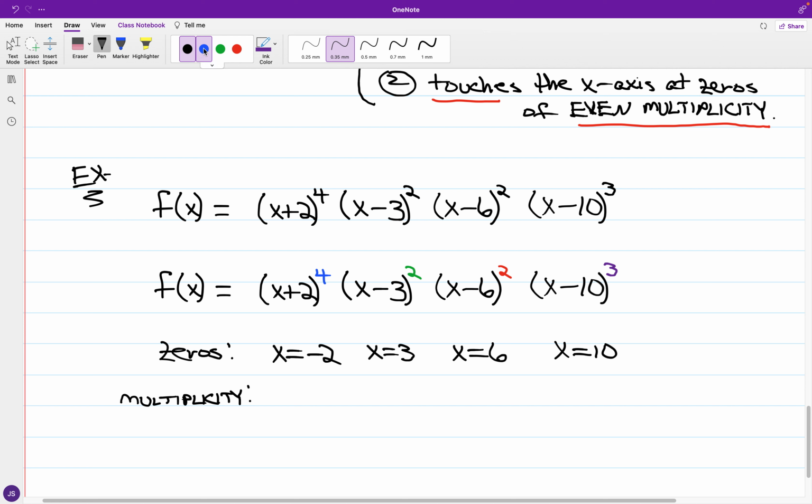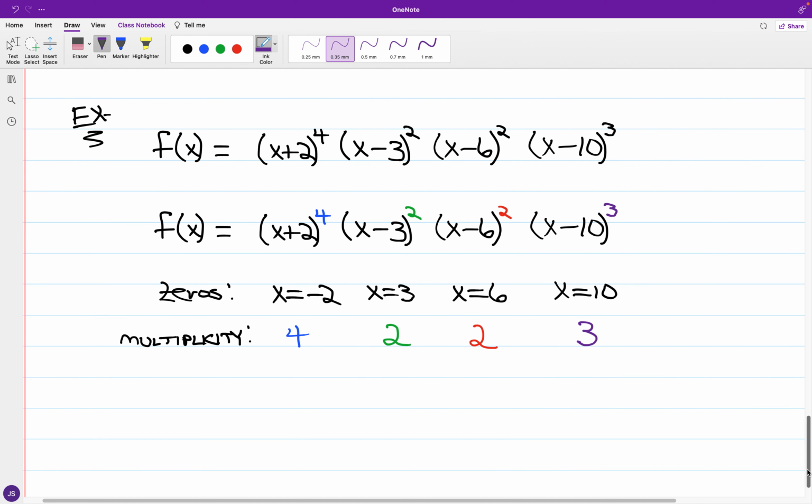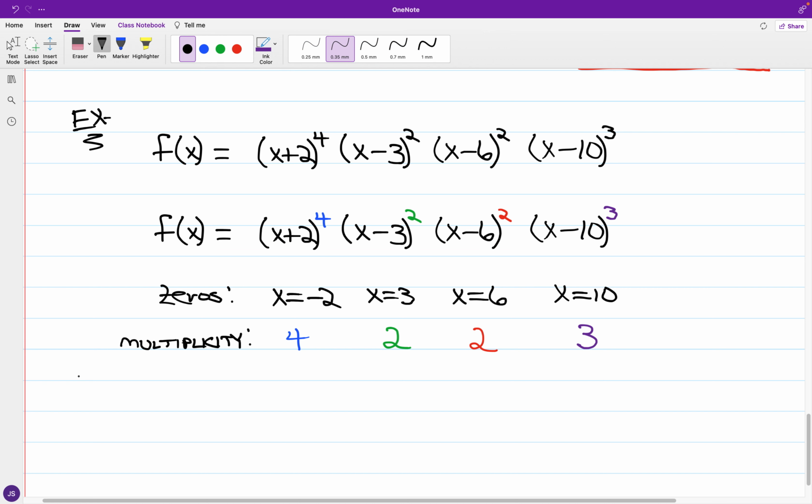For the multiplicities, negative 2 comes from the fourth order factor, so that is a multiplicity of 4. 3 stems from the square of x minus 3, so the multiplicity is 2. 6 stems from x minus 6, which is also squared, so that multiplicity is also 2. And x equal to 10 comes from the cube of x minus 10, so that multiplicity is 3. Now, in terms of whether the graph will cross or touch the x-axis at those zeros,